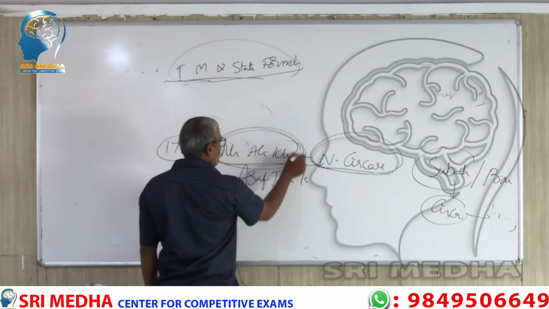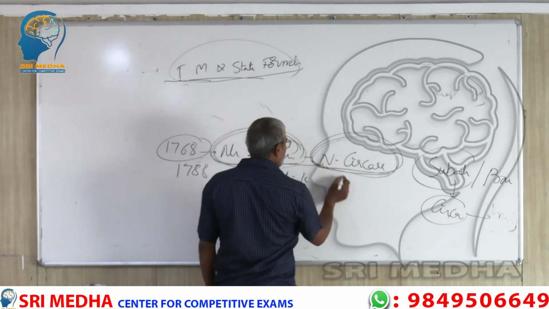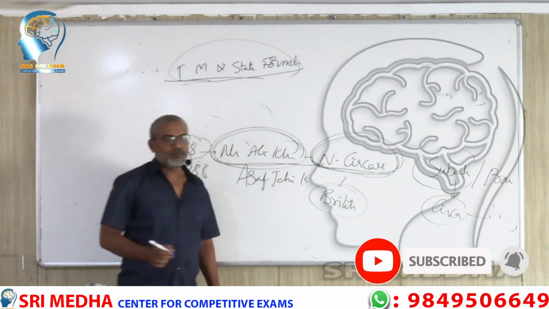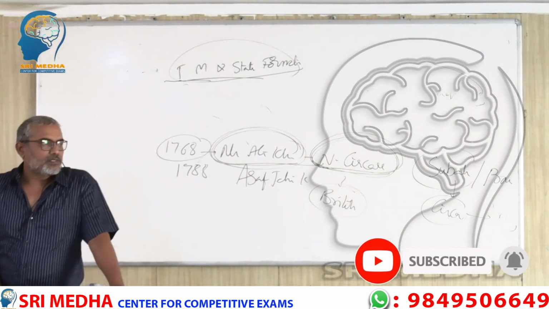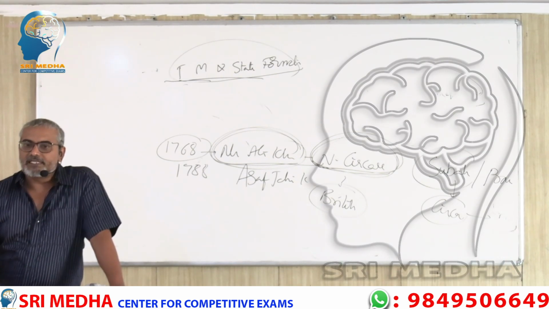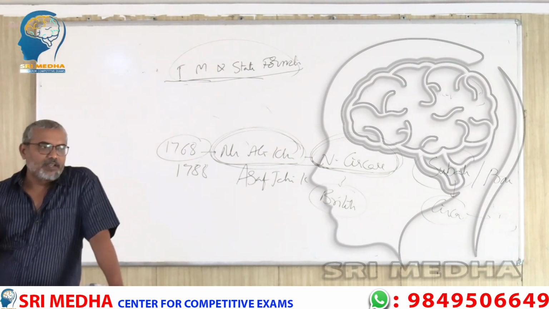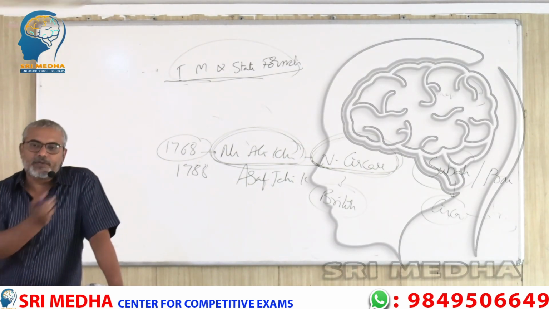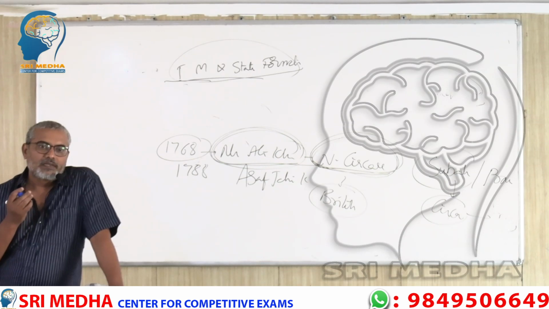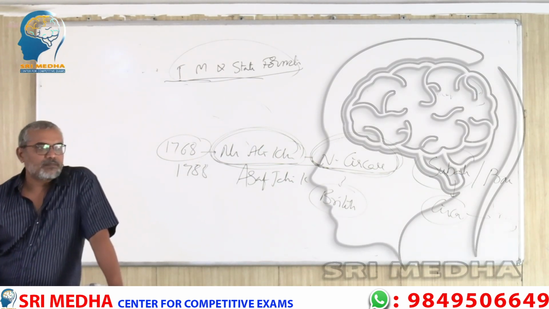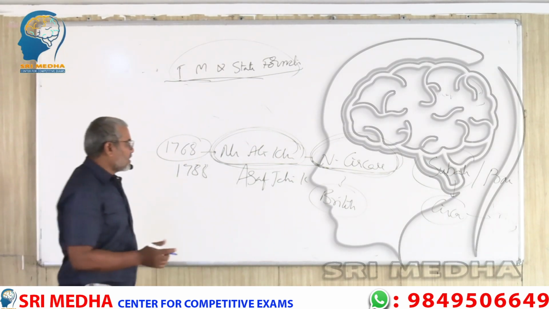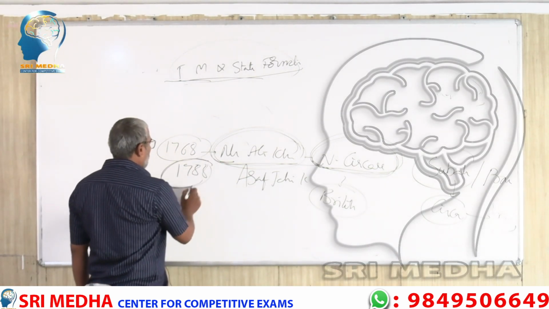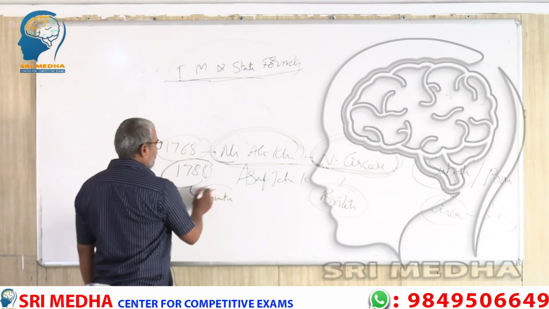The third Nizam, Nizam Ali Khan, gave these territories to the British due to certain financial reasons. He was facing financial problems. He was not able to properly pay the salaries to the army either, and there was a revolt from the army. So in that psychologically weak moment, he was ready to give these areas to the British in lieu of certain cash. These northern sarkars, except Guntur district, were given to the British in 1768. Guntur was also given in 1788.